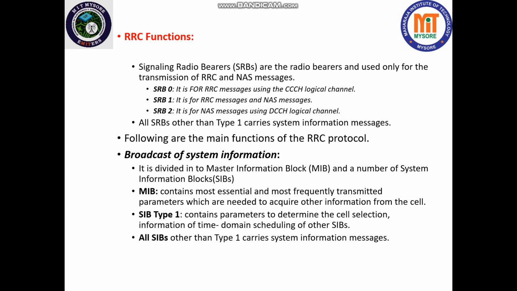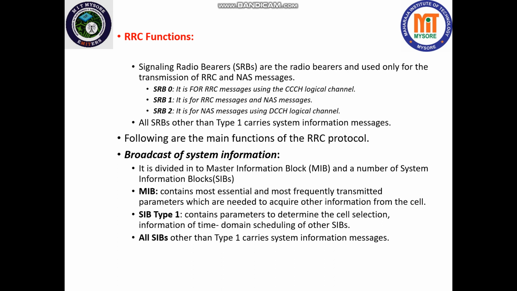Here the MIB includes the history of events which have taken place. You might have been previously in some other area, that area's cell number and the eNode B number or any other ID, how much time you were there and how you communicated in that particular time. All this information will be there in the master information block.